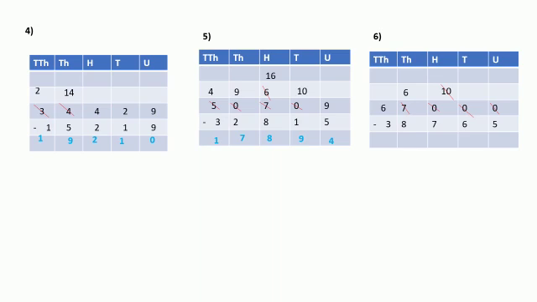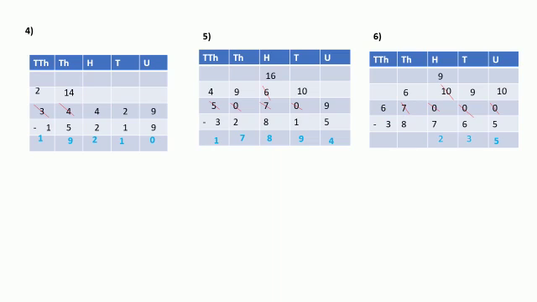In hundreds place, 0 will become 10. And since we are giving one number to tens place, 10 will become 9. And in tens place, since we are giving one number to units place, number 10 will become 9, as you can see on the screen. And in units place, 0 will become 10. So 10 minus 5 is 5. Now 9 minus 6 is 3. 9 minus 7 is 2.